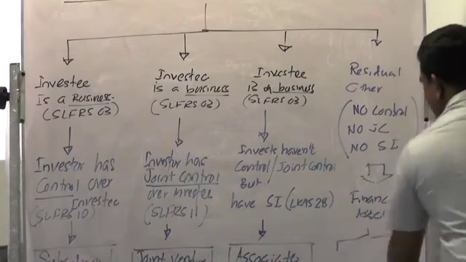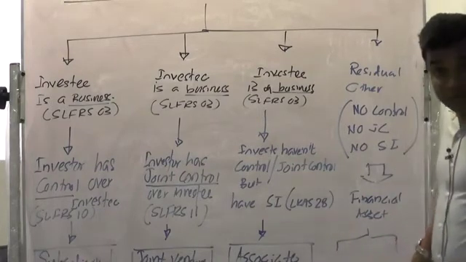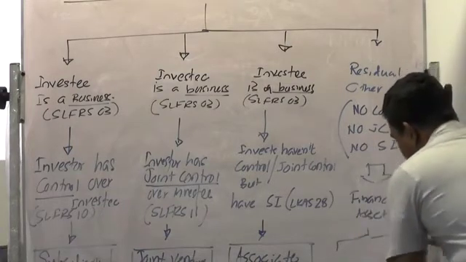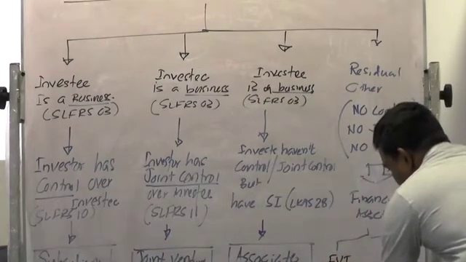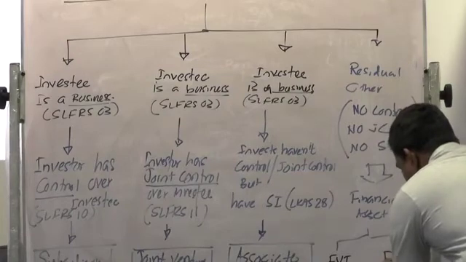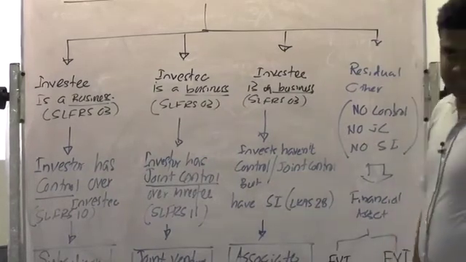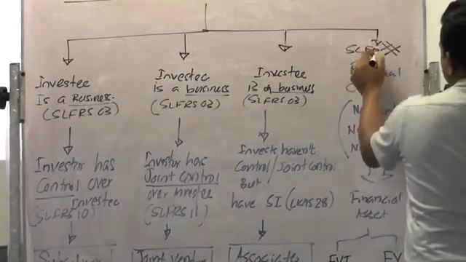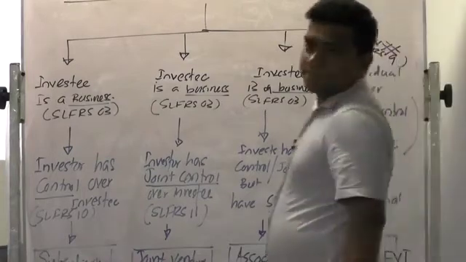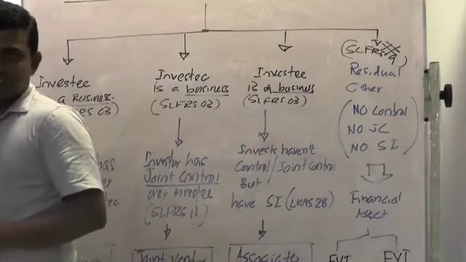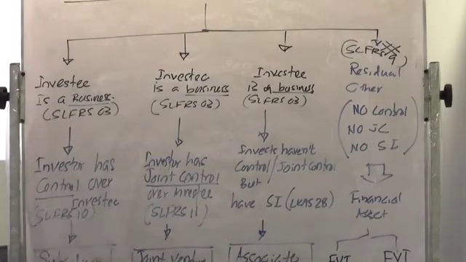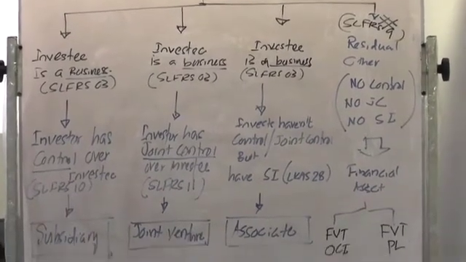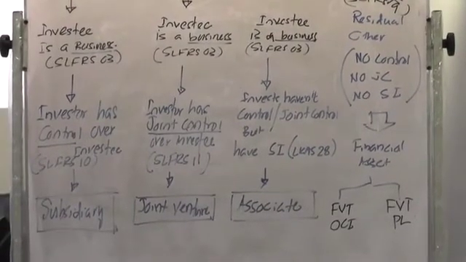It will be divided into two: fair value through OCI and fair value through P&L. Is that clear? If it is non-trading, fair value through OCI. Trading, fair value through P&L. Clear? Only this category is explained under SLFRS 9. Got it? Therefore, don't say investment on equity is always a financial asset. It will become a financial asset if you don't have control, joint control, or significant influence. Clear?